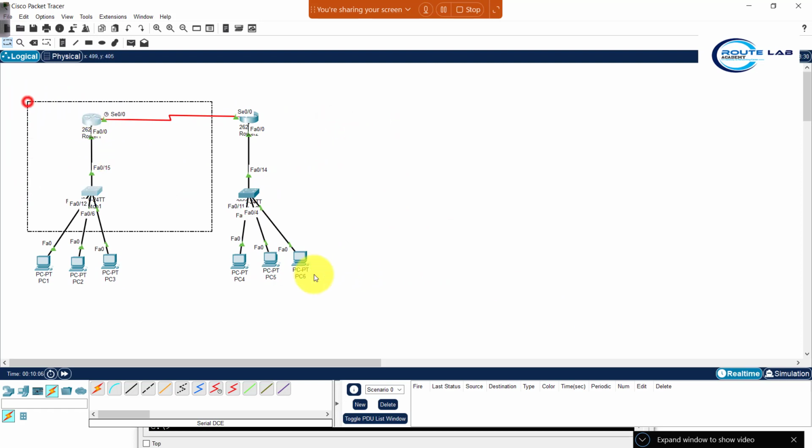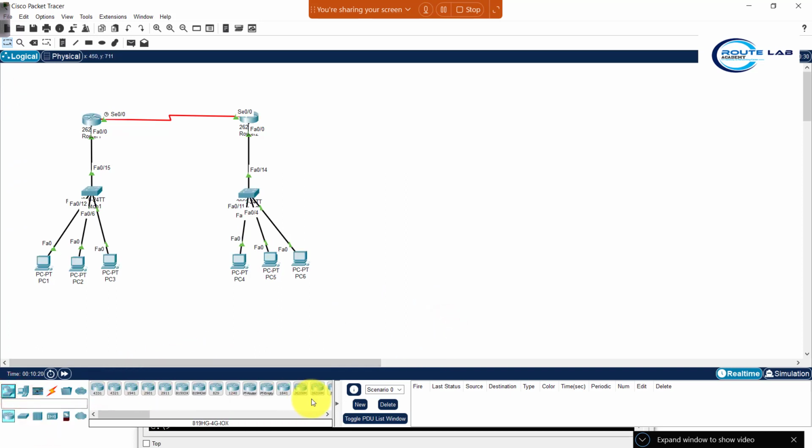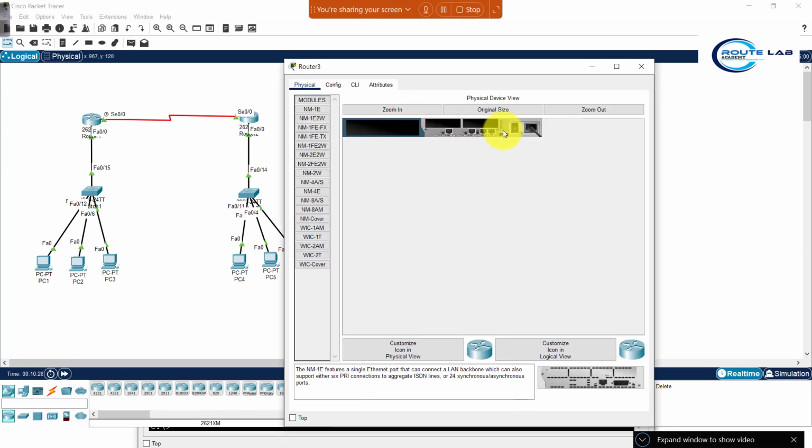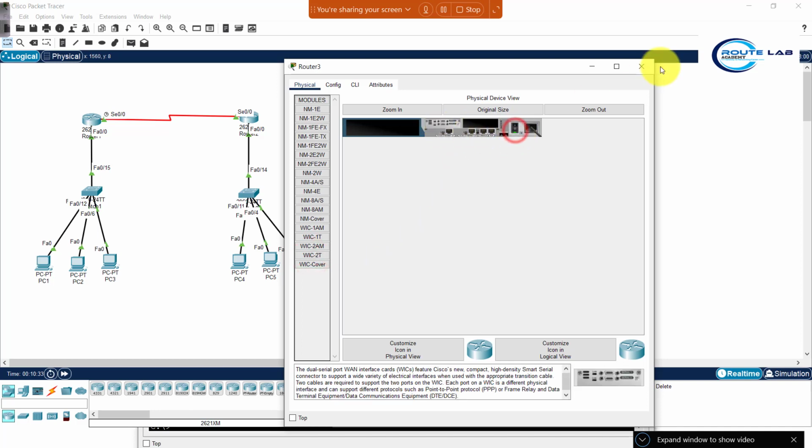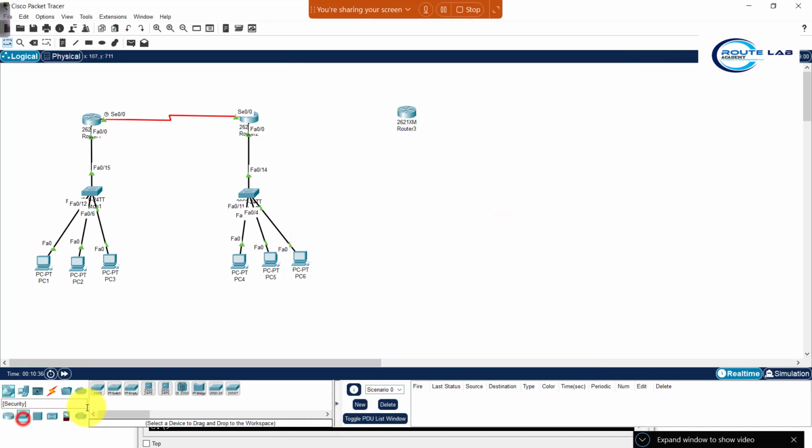Now let's take an example of a 3 router configuration. I'll be going with the same scenario, but here I'm adding one more device, which is router 3. Again here we have to add a module, click on router, and here the WIC2T card, power on the device, and here place a switch and PCs. Make sure of the connectivity using a straight cable for the LAN connectivity,